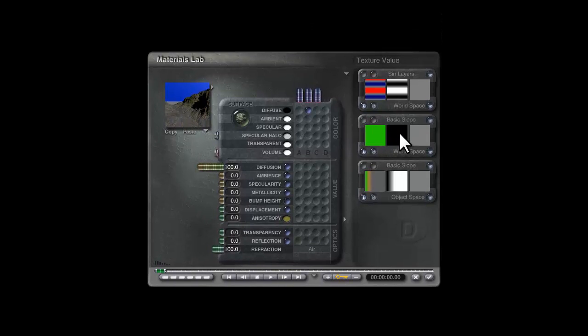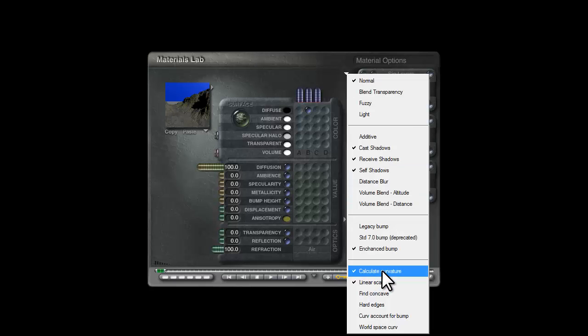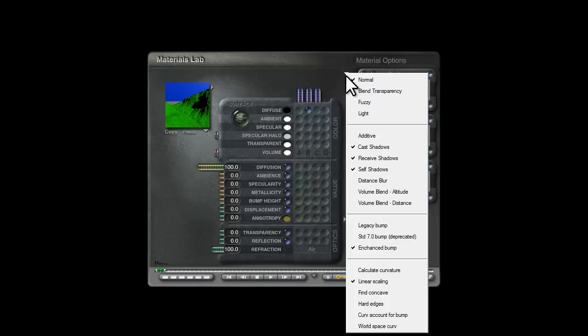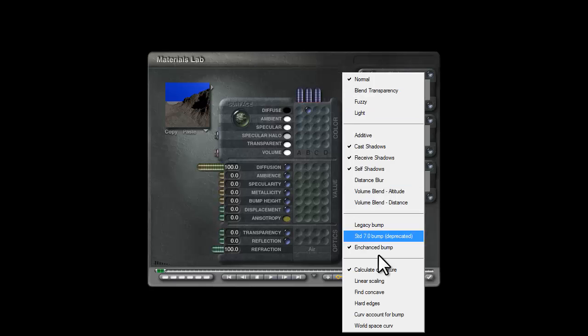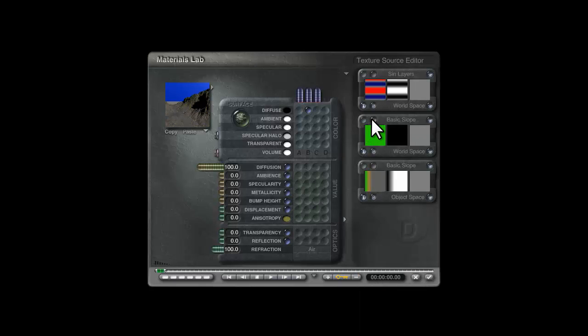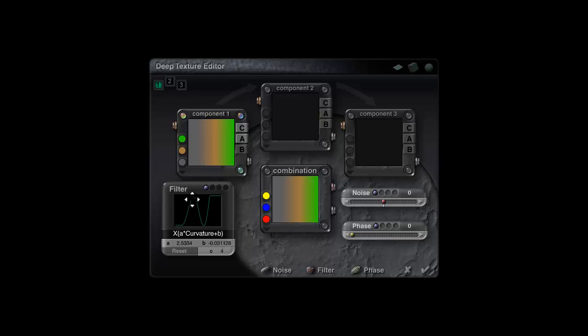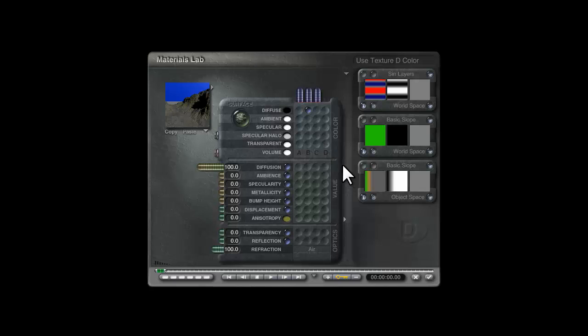Now because I've put a curvature filter in this B channel, Bryce will have detected that and automatically turned curvature on, and we can preview the effects of some of these options here. So you can turn curvature off and see that that's disabled, turn it on and see what it's doing. You can see what linear scaling does. Linear scaling is essentially moving this point here around, so it just opens up different parts of the filter for selection. You'd have to play with that to see how it's really working, and I don't want to get too